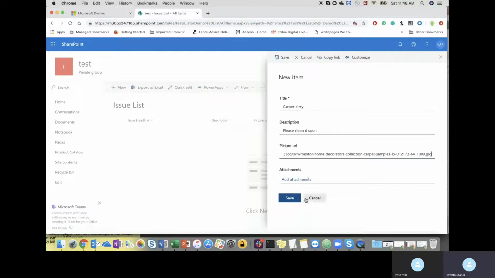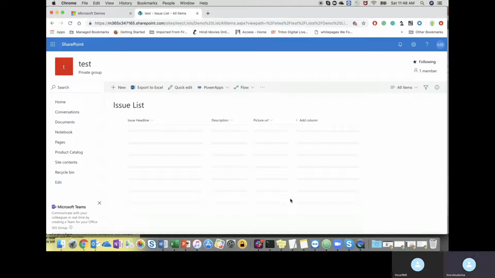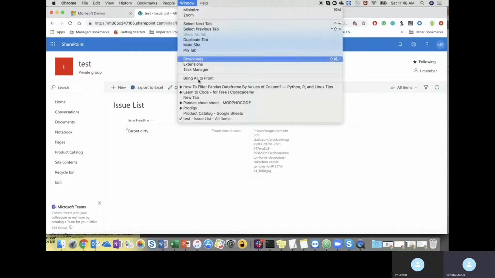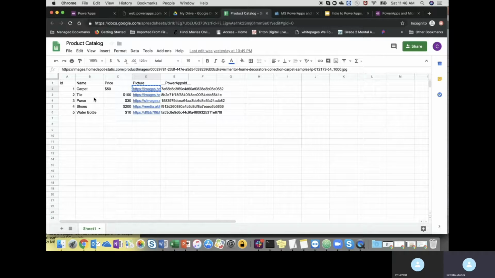Yeah. For the company. So you see, I added the first row. I'll just create two rows and I'll show you how quickly you can create a Power Apps app on top of this. So let me go back to here and let's say